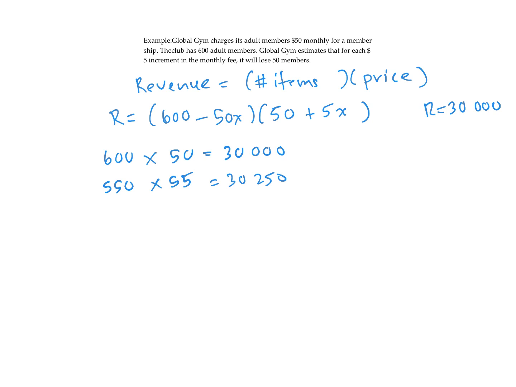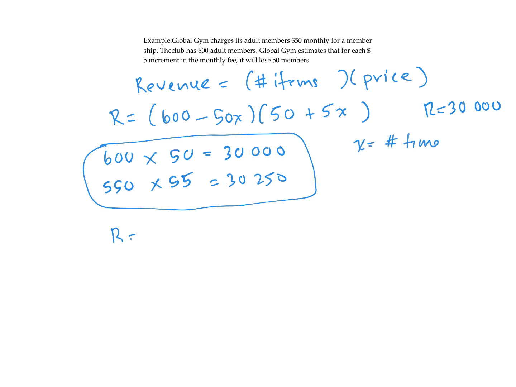So we want to figure out how much we can put the price up and still maximize revenue. So we don't want to do it by just estimating. We're going to do it algebraically. So x is the number of times we will change the price. So we're going to expand